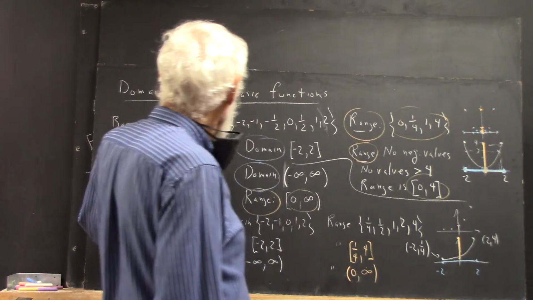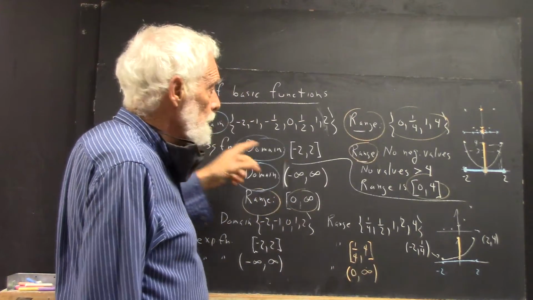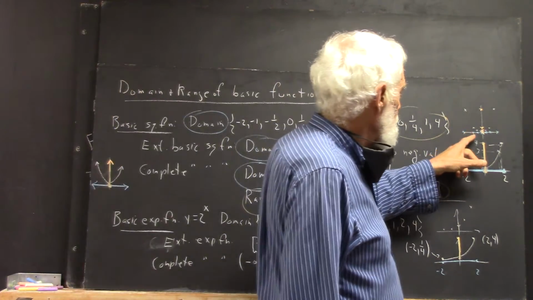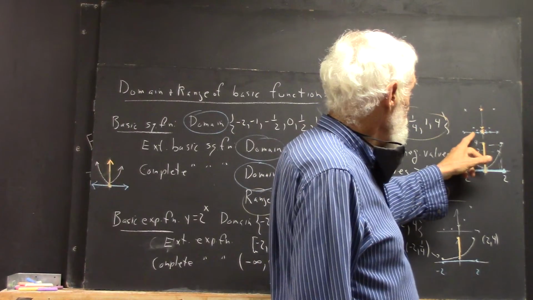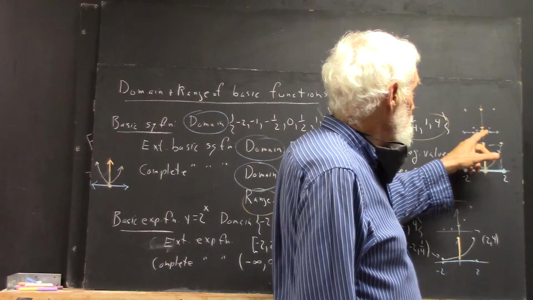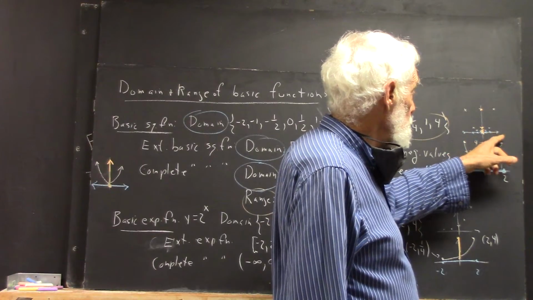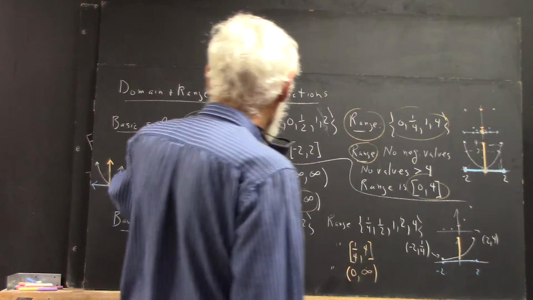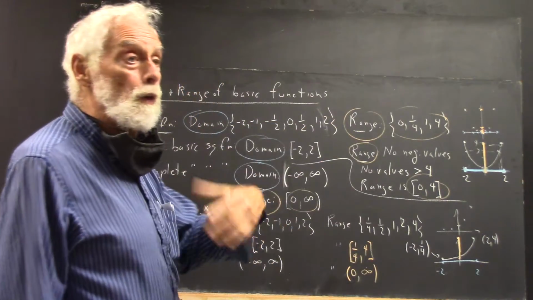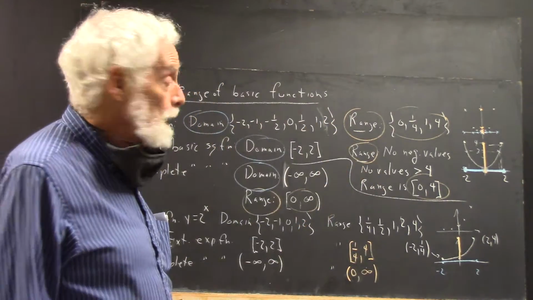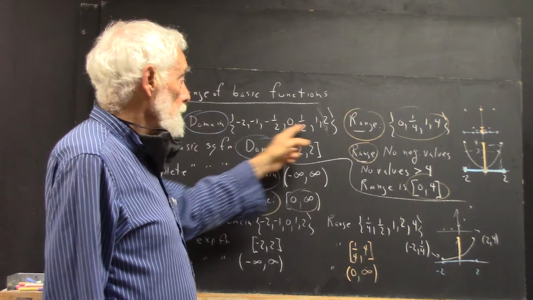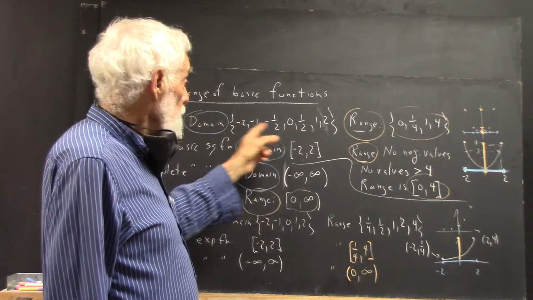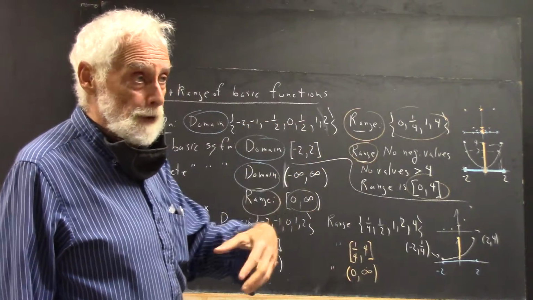So I've circled domain in blue, and I've marked the x values corresponding to the domain down here. -2, -1, -1/2, 0, 1/2, 1, and 2. That's what we mean by the domain. It's all the x values, a set of all possible x values. For the basic squaring function, the domain is restricted to all of these numbers for which we can exactly calculate